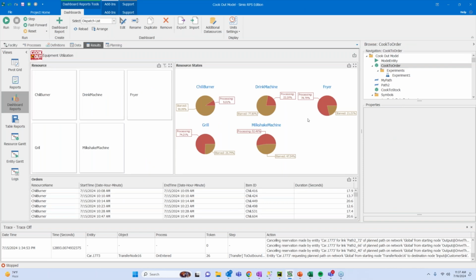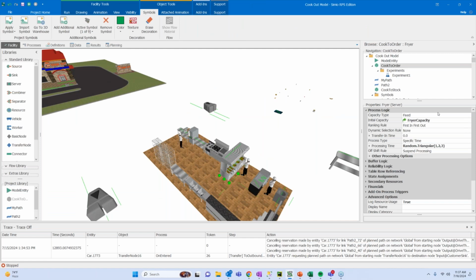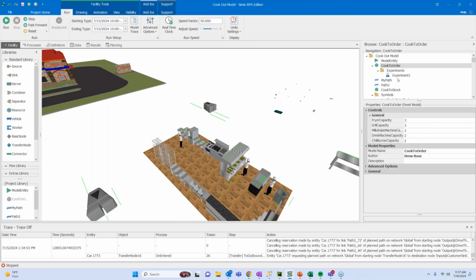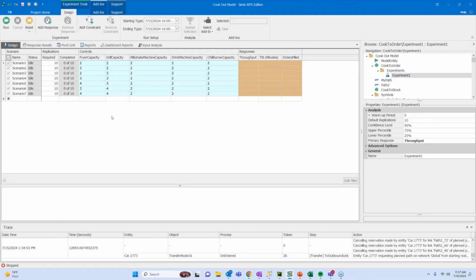But maybe we keep this in mind, and we see our historical demand, and that's where we could set up the foundation for experimentation. So with all of that in mind, we have varying levels of capacity, and we're trying to determine, should we add a unit of capacity? And that's where you could set up controls, and then we could set up experimentation off of this, and we could identify the optimal capacity of each of our kitchen stations with drive-through customers, with walk-up customers.